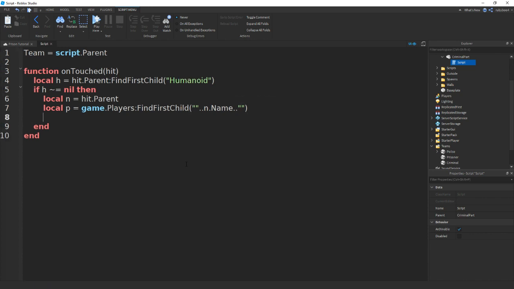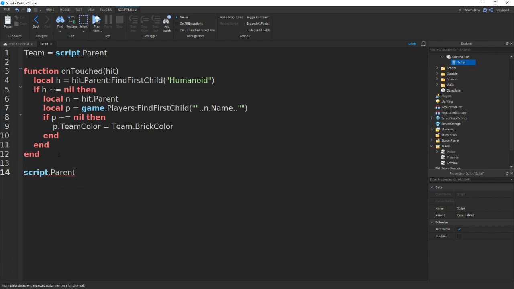Then we go down again, and then if p doesn't equal nil, then p.TeamColor equals to team.BrickColor, and then after these 3 ends we can go down and do script.Parent.Touched:Connect,